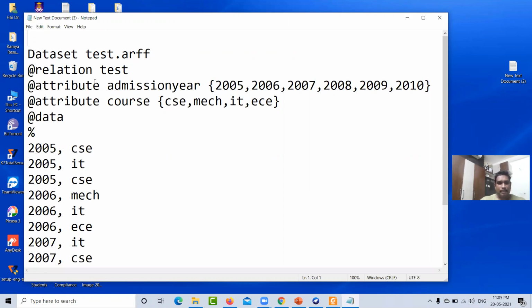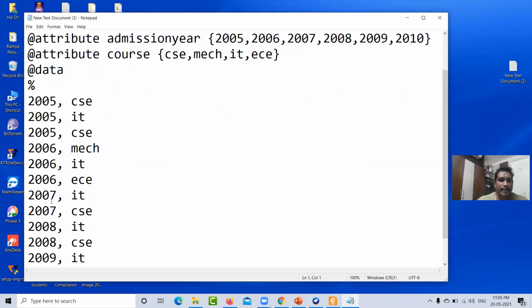The relation name is test, and we use admission year, which is categorical data. If you are representing the data like this, it is categorical. If you used continuous values, there should not be such particular values. Since courses are categorical, we assume our data like this.